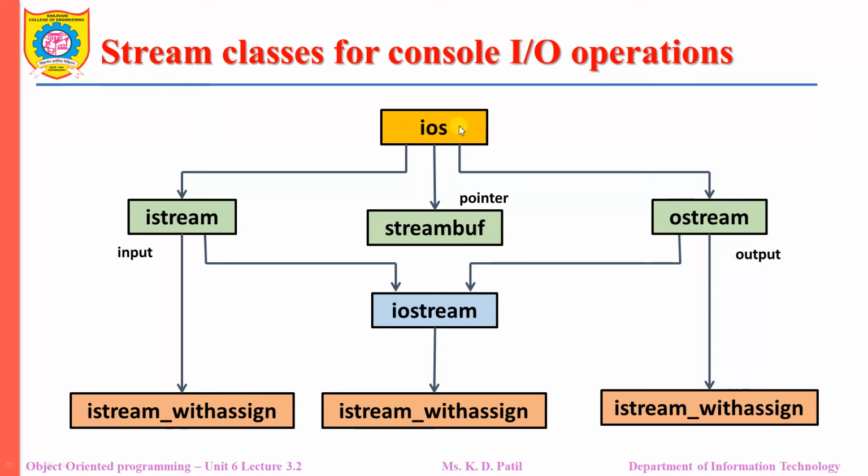Let us talk more on iOS class. The iOS class is the general input-output stream class. This class is the base class for all the stream classes, and the streams can be iStream, that is input stream, or OStream or the output stream, which work under that iOS class. This class provides the basic support for formatted and unformatted input-output operations. The class iOS is declared as the virtual base class, as I told you, so that only one copy of its member is inherited by the IOStream class.